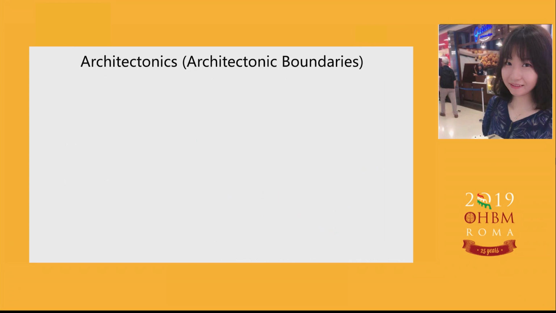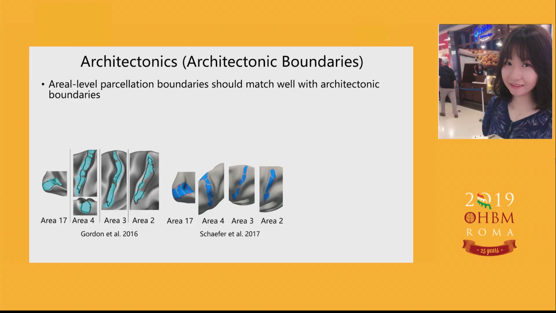So to evaluate the architectonics, we can look at the histological alignment. Here we can see that the Gordon parcellation and the Schaefer parcellation align very well with the early sensory and late motor areas. Therefore, we can overlay the parcellation boundaries on top of the architectonic boundaries to evaluate how well they align